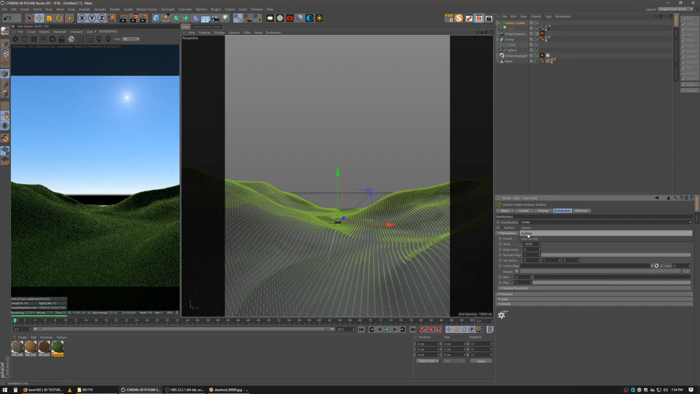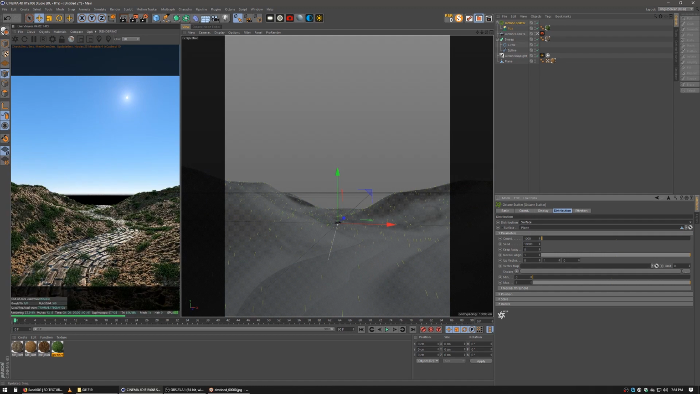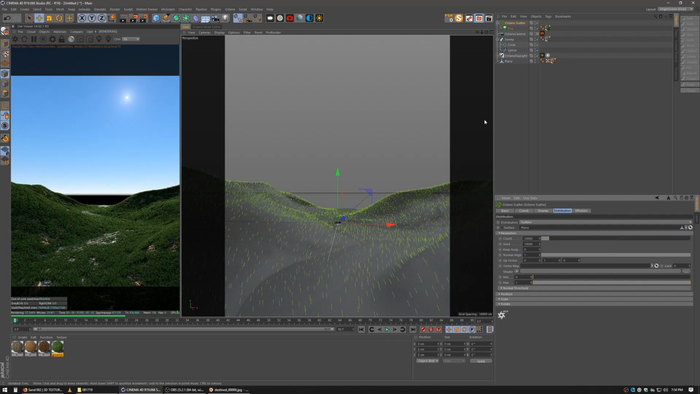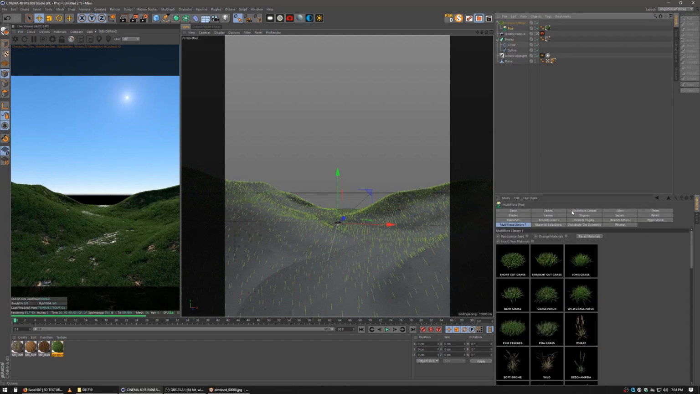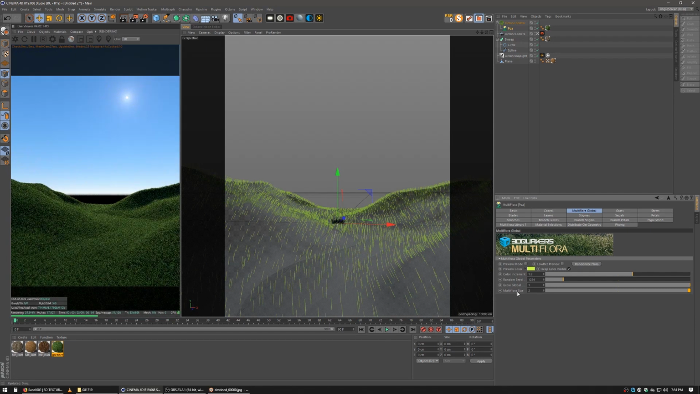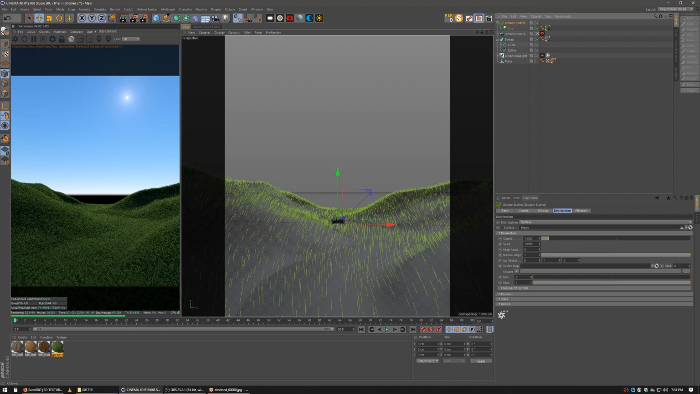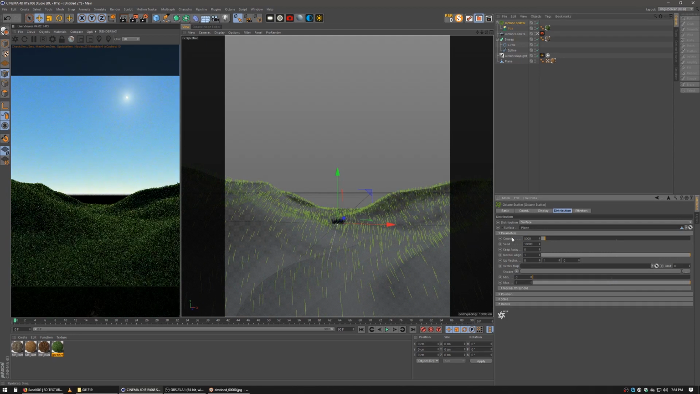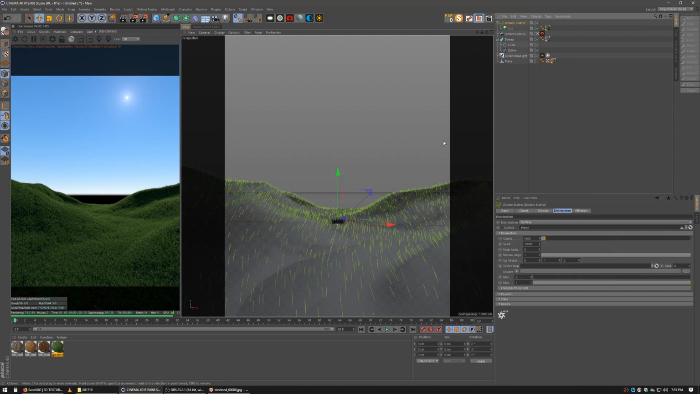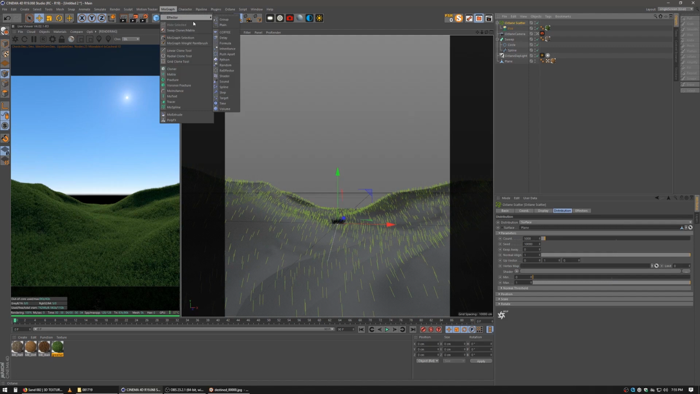And instead of using vertex, we're going to use surface, and we'll set the count up to somewhere around 20,000. Maybe too many, maybe just 10,000. And these are actually a little small, so maybe we'll go up to 2. And we probably don't need that many. Maybe just 5,000. Now I want to clip everything down below here, so I'm going to add a MoGraph effector, the plane effector,